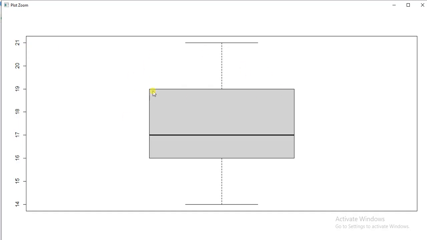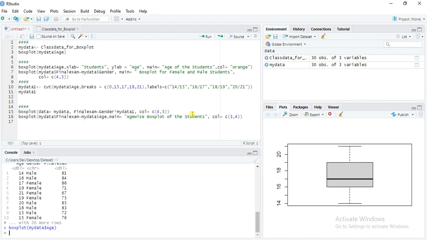So this box plot tells us about the distribution of age within the range. The range is 21 minus 14, meaning a 7 year range. Maximum minus minimum is the range of the data. Now this is the distribution of age.